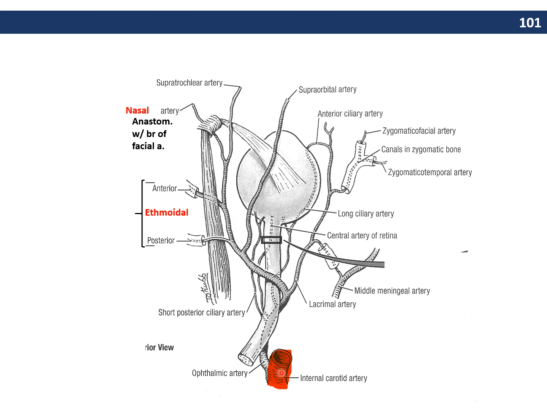So briefly, the internal carotid artery gives off the ophthalmic artery, which rides deep to the optic nerve for a period of time before giving off the central artery of the retina, which pierces the dura, enters into the optic nerve, and then